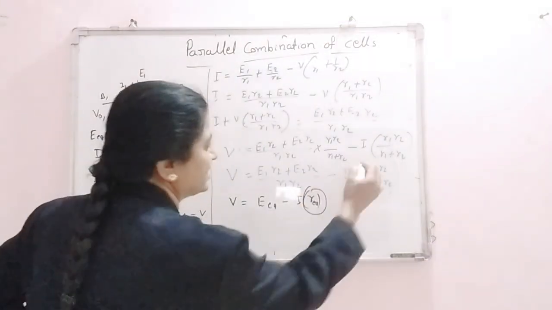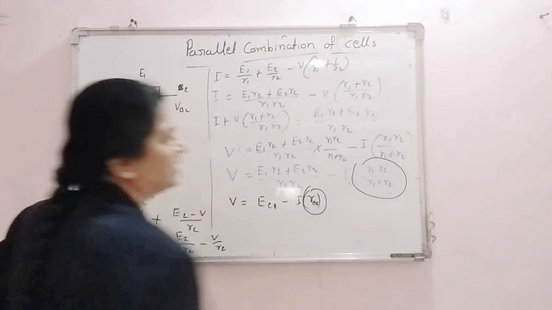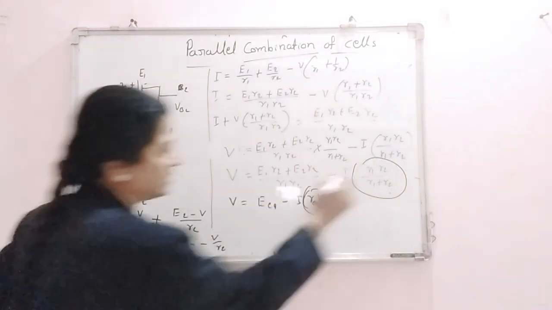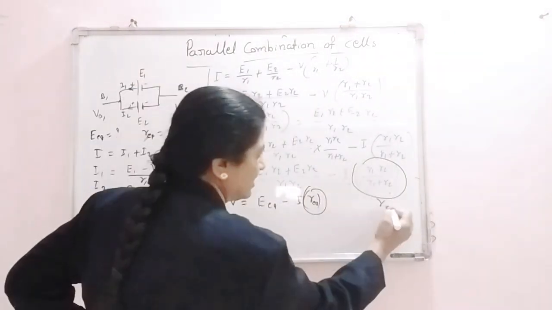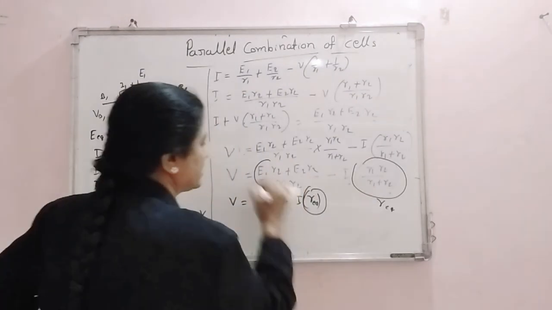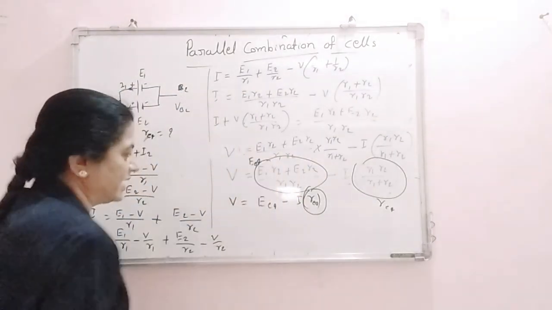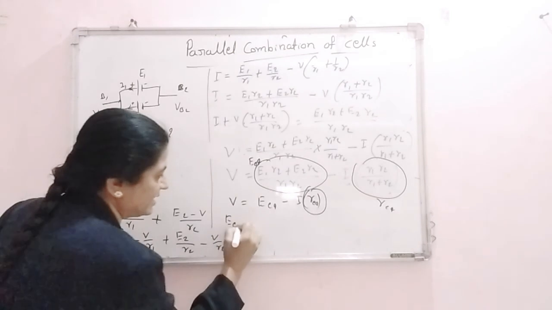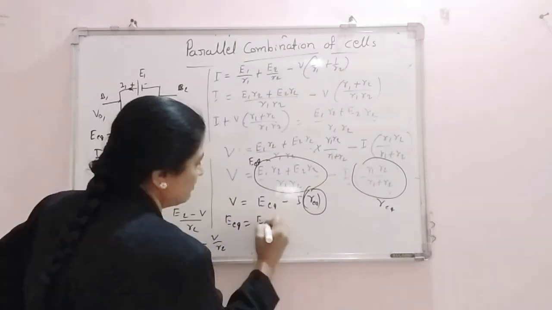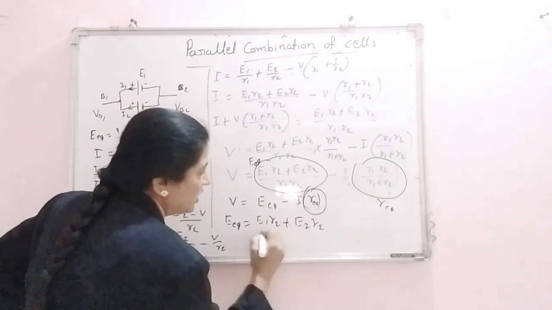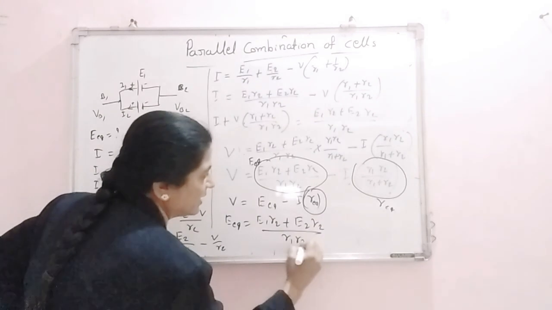Internal resistance is nothing but R1. To equate these two equations, this stands for R equivalent and this stands for E equivalent. So we can say that E equivalent is equal to E1 R2 plus E2 R1 divided by R1 plus R2,